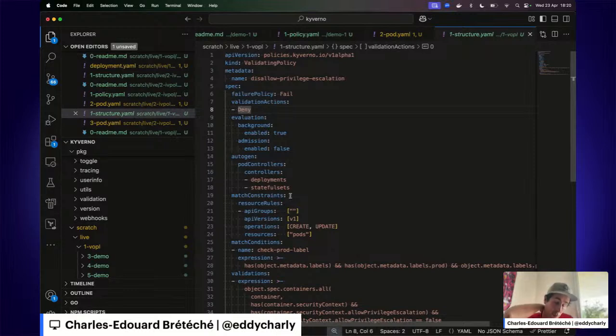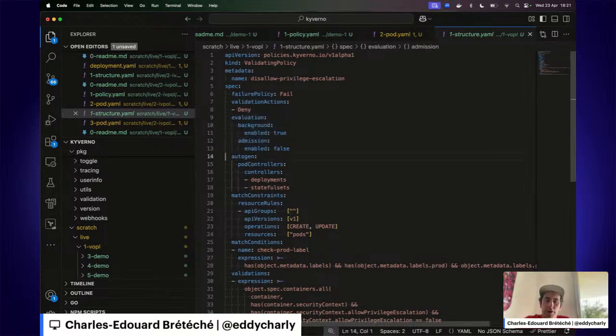If we set it to warn, for example, the request will be accepted, but a warning will be generated and the violation will be tracked in a policy report. We have an evaluation field, which is this time specific to Kubernetes, where we can say that we want to perform background scanning or validate the resource at admission time.